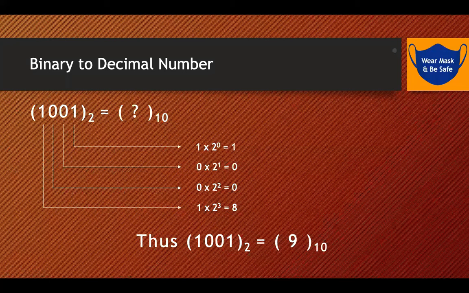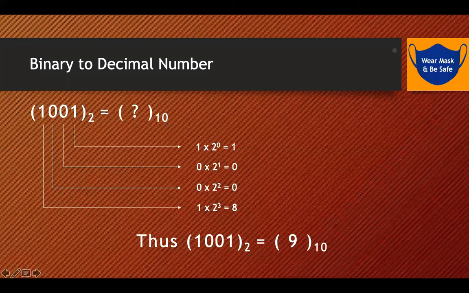Suppose I want to convert from a binary number to a decimal number. So what do I have to do? How did I come to know that this number is a binary number? Because the base or radix is 2. And how did I come to know that I have to convert to a decimal number? Because here 10 is given. So I came to know that I have to convert from a binary number to a decimal number.